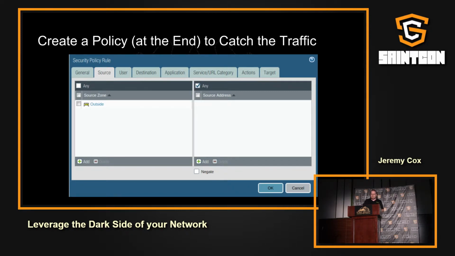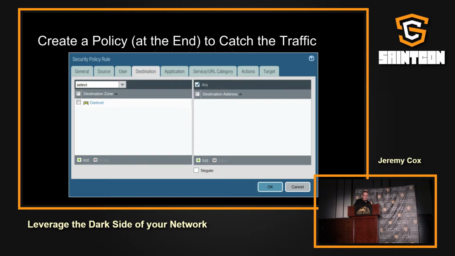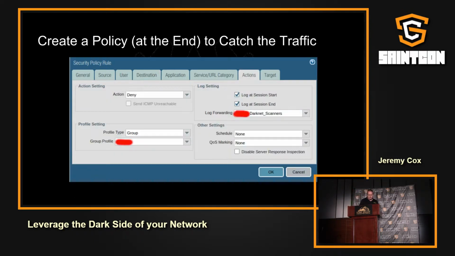So you go to source, you say the source is the outside, because we don't want to necessarily catch internal traffic and start blocking that. The destination is the darknet, okay? So that particular zone that we've assigned it, and then basically, based on the interface tie and assigning that zone to that interface and assigning those IP addresses, it will only catch things that go to that interface, to that zone. And then we're going to do an action, which is deny,